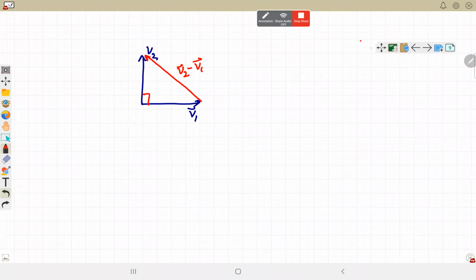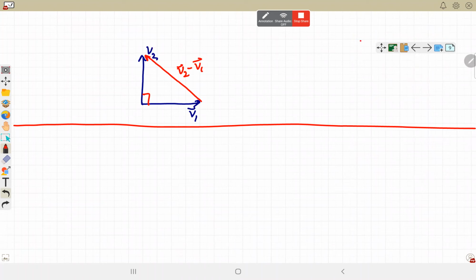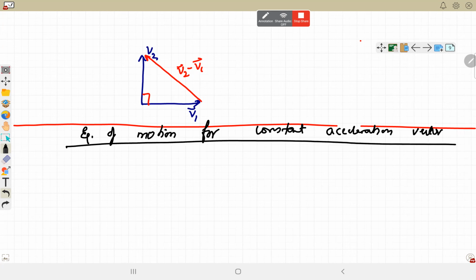Just like this, average acceleration, average velocity, and instantaneous velocity will be calculated by the displacement equation, and we can also write the equations of motion in vector form for constant acceleration. If acceleration is constant, though it has direction, in 3 dimensions or 2 dimensions, there are equations of motion for constant acceleration vector. An acceleration vector, like a given as 2i plus 3j, will be called a constant acceleration only.